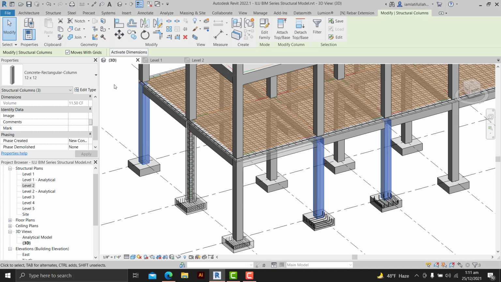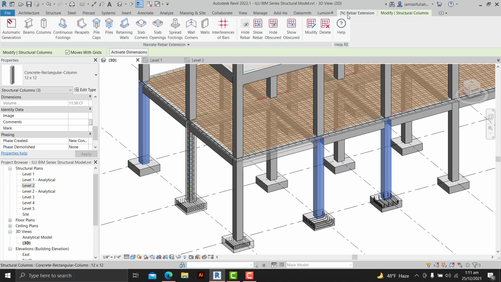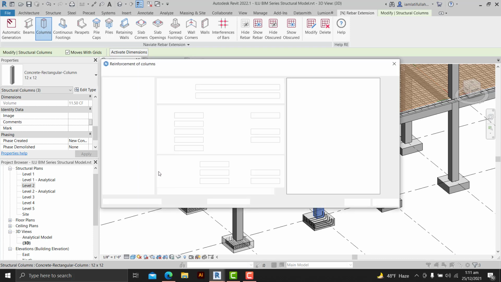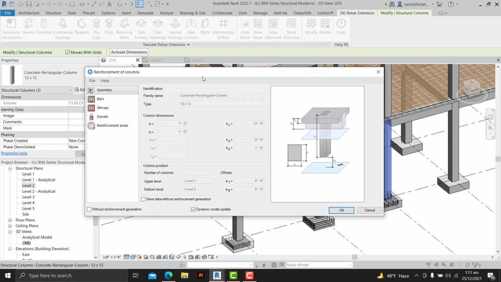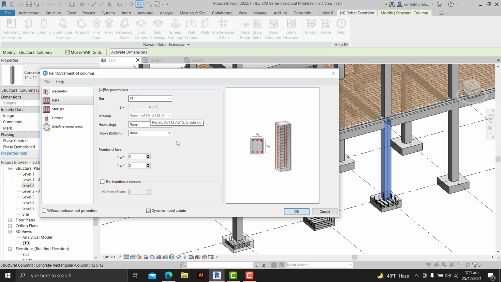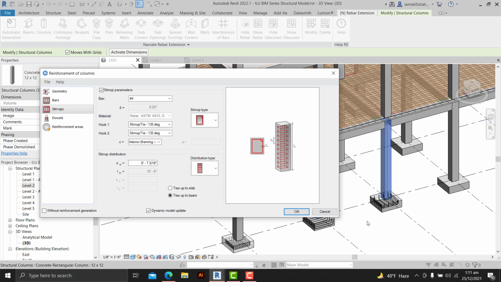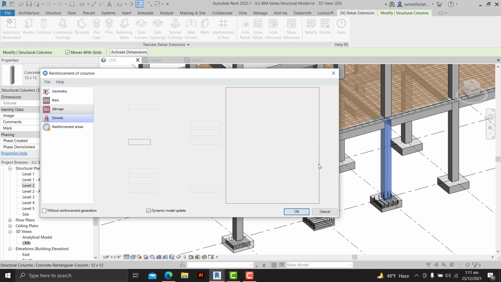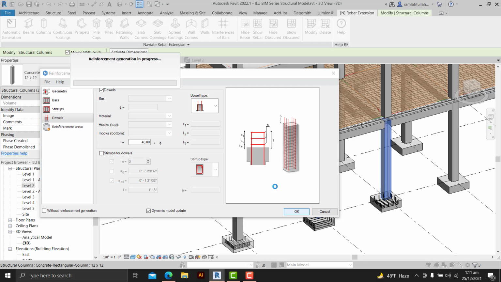So I'll select these 3, then go back to the rebar extension tab, select columns, and here I will provide all the options like we have provided in the footing. So you can change the bars. For example, let's take the default settings and just click on OK to see how our reinforcements are placed in these columns.